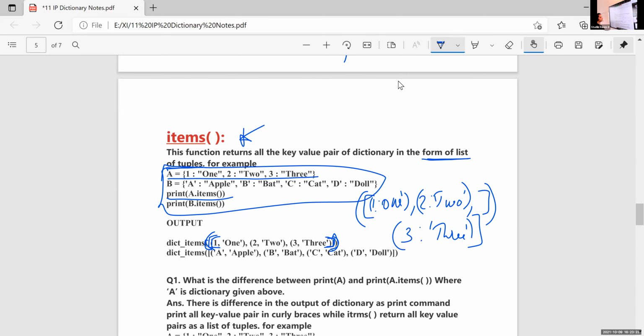What is the output? So here you just note that it is a list of tuples. That is, the result is within a list. Within a list, I am using a tuple for representing this key and value. 1:1, then 2:2, and 3:3, just like that. And you just check what happened for this dict items when you are doing the program in the system.